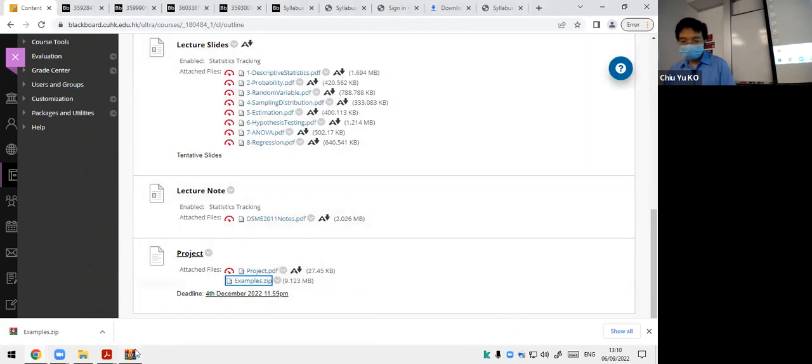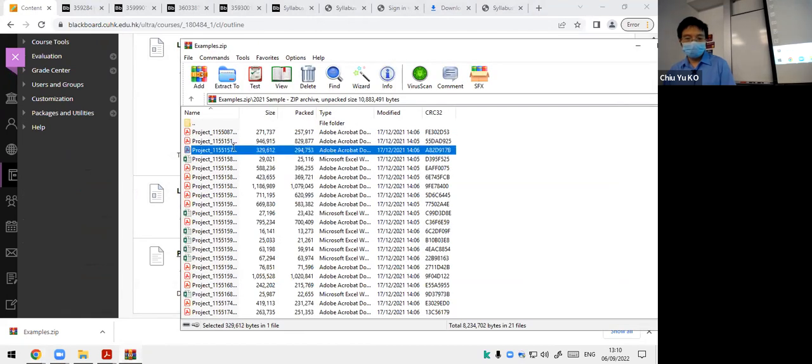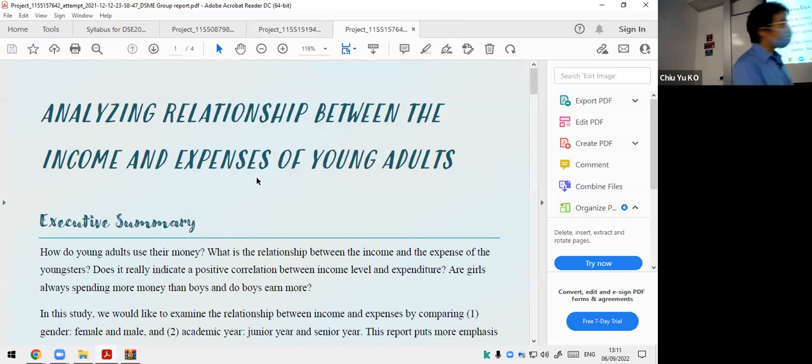Maybe I go over one more, because I think we still have some time. Let you see a little bit more. This one's also interesting. It's about personal finance. It's a look at your income and your expense. You can use regression, clearly the last thing we do. Look at how young adults handle money, how the income, are you earning more and spend more or not? Because someone's occupation is son and daughter, which have no budget limit. So do girls spend more than boys or not?